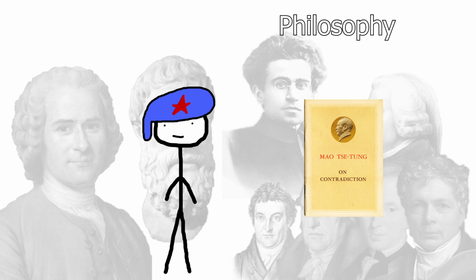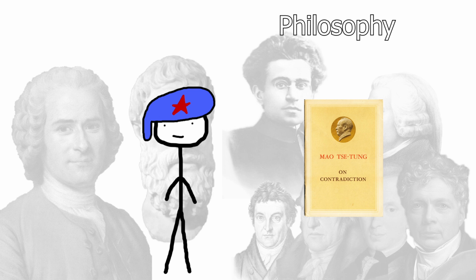And so it's not written in this kind of academic language that a lot of these other books are written in, and it's easier to understand for just the average Joe. And so even though it's by Mao, and I'm not a Maoist and I have disagreements with Mao, I still want to recommend this book because I've read it numerous times and I think that it is genuinely good at explaining Marxist philosophy, regardless of what you think of Mao, what he did, what the other things he wrote. On Contradiction, I think, genuinely is a good